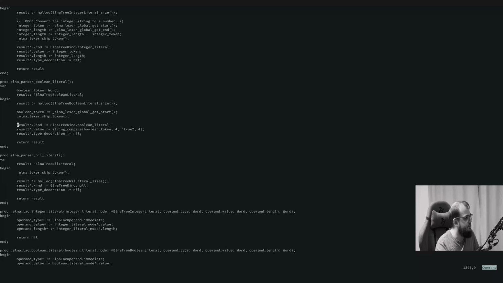We can just compare 4 bytes. We know that the token is 4 or 5 bytes, so here I do the skip token at the beginning, but otherwise,